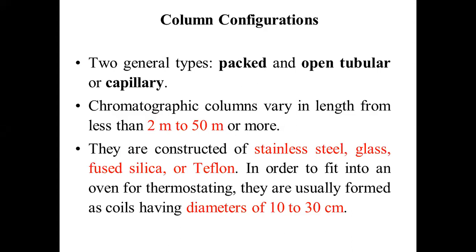Say, for example, if you are introducing a sample of 25 microliters, the whole 25 microliters of the sample is not going to be consumed during the separation process. So out of 25 microliters, say only 5 microliters of the sample might have been consumed, and the remaining 20 microliters of the sample will go as waste. So depending upon the size of the sample required, the sample splitter will split the sample to the required ratio. You do remember yesterday, while explaining the sample injection system, this splitter was also explained.